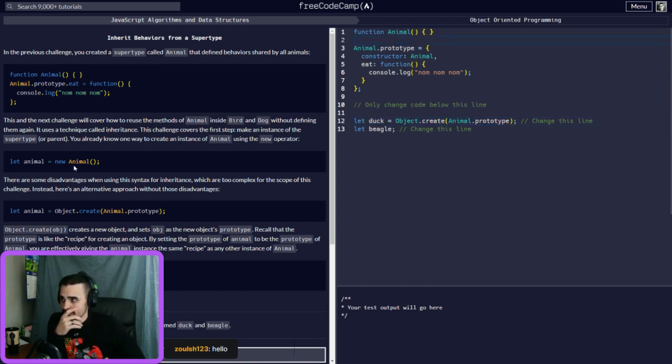Okay, so within the animal, it's still giving all the prototypes, and so it's giving the prototypes and all the own properties of animal. But this one, it looks like it's giving only the prototypes.